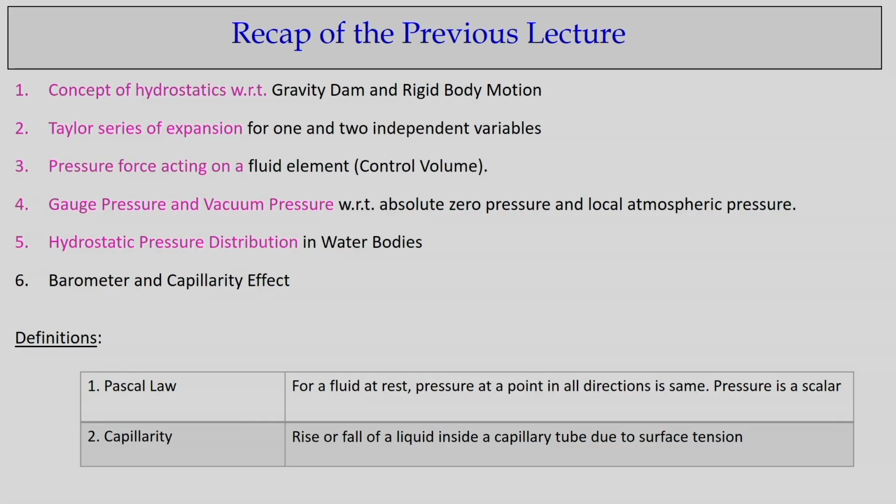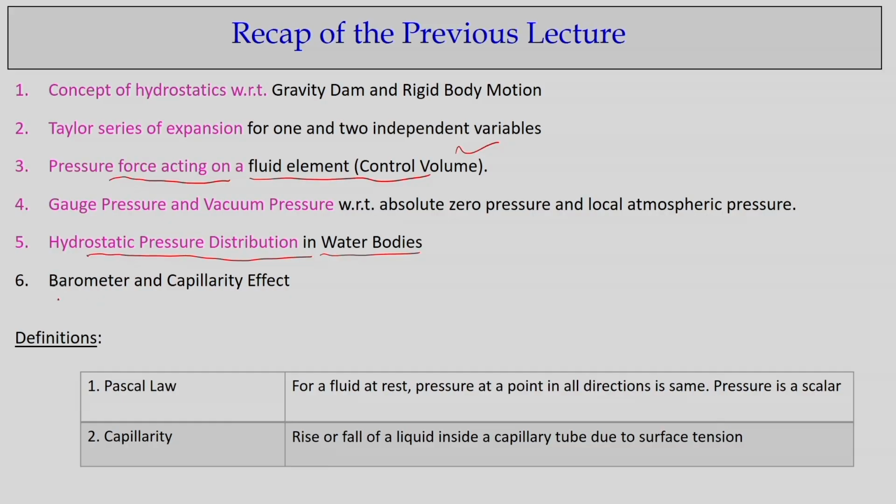In the last class, we derived the pressure force acting on the fluid control volume, and we know how the hydrostatic pressure distribution varies along the z direction when you simplify the problem, and on a horizontal surface the pressure becomes constant. Those hypotheses we will now use to derive the equations for manometers and inclined submerged surfaces.